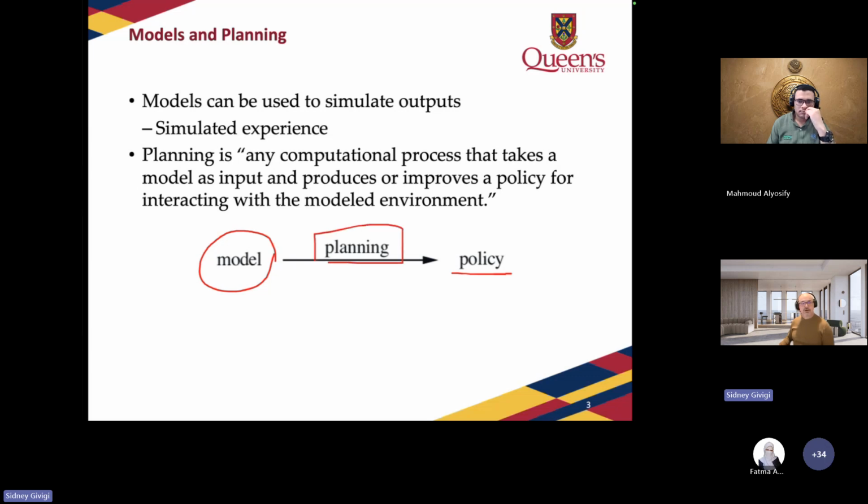Okay. So again, maybe you have seen planning in other areas, right? This is very common. If you are in engineering, usually you're talking about motion planning, task planning. If you're in computer science, you're talking about formal methods for planning. In this particular case, what we are talking about is a computational process that is going to create a model that relates the inputs to the outputs. And then based on that, we can create a better sampling of the environment. That's the sense in which we are using it here.